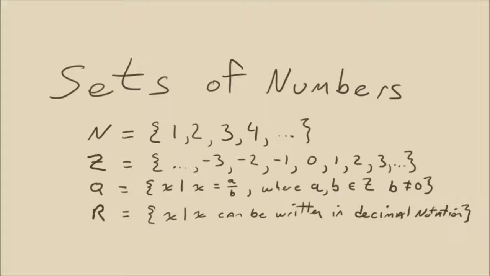So the ones that I'm going to be concentrating most on are going to be the set N, which is natural numbers. That's your counting numbers. So those numbers go 1, 2, 3, 4, and they keep going on up. They're all whole numbers. Notice there's no negative numbers and there's no zero. That's actually very important. The next set of numbers we're going to look at is integers. For some reason, the set terminology for that is a Z instead of an I,